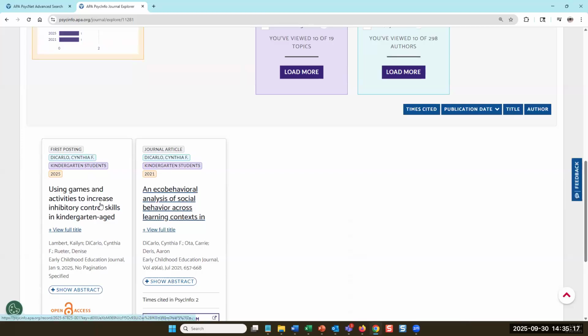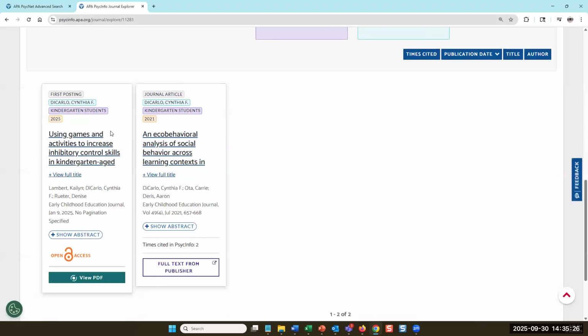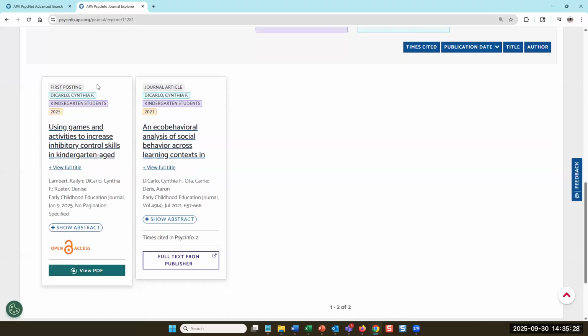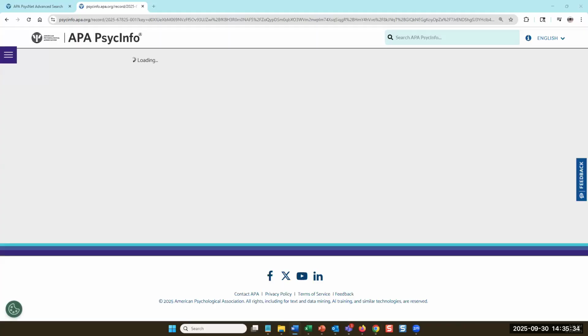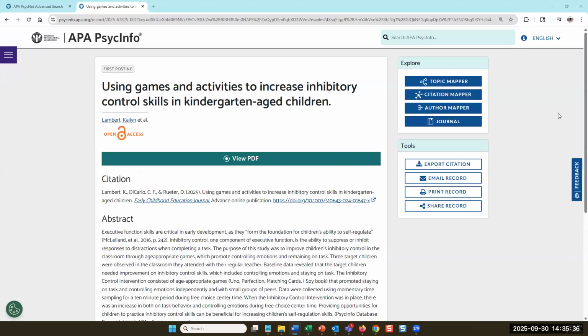Using games and activities to increase inhibitory control skills. Cool. That definitely sounds personally and professionally interesting to me. So again, we have the full text option, and we have the option to go into the page for this record. So the last couple tools we're going to show on this record page, the final mapper, which is for